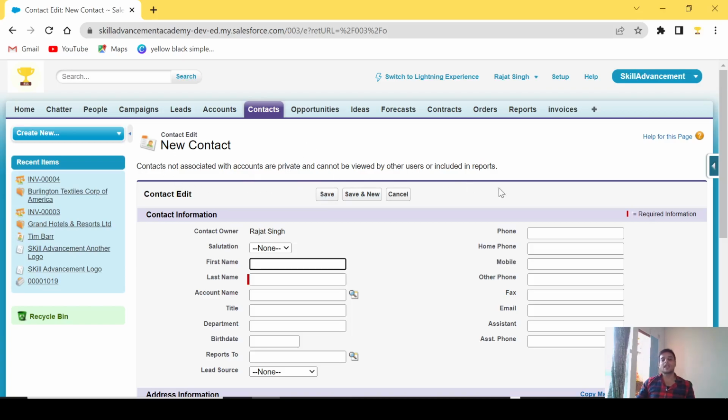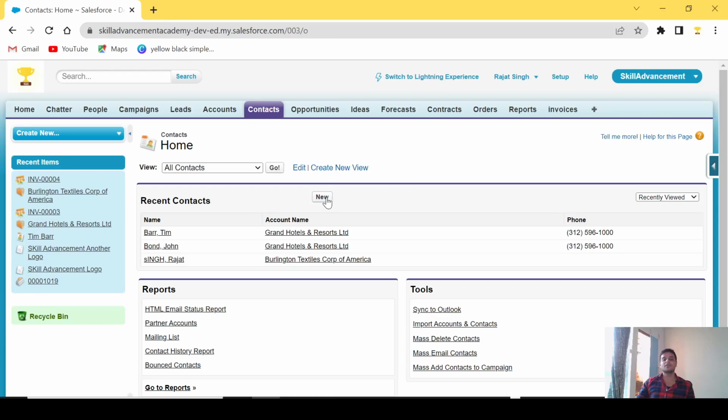That's why we are landing onto this contact creation page. But otherwise, when you click on this new button, if there are different record types associated with the organization, like the current profile which I am in, system administrator, if with system administrator there are different layouts, suppose